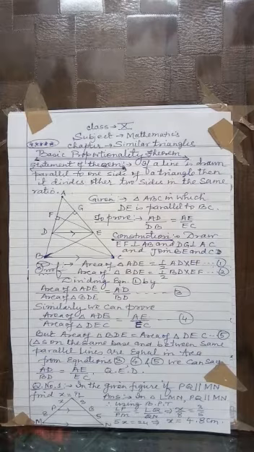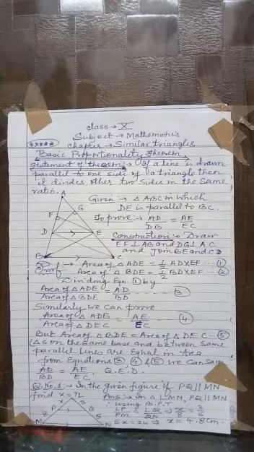Then construction is required here to prove the theorem because the given information is not sufficient. So draw EF perpendicular to AB and DG perpendicular to AC, and join BE and CD as drawn in the figure. Then you write the proof. Area of triangle ADE is half base into height. That is, the base is AD and its corresponding altitude is EF. So half AD into EF.